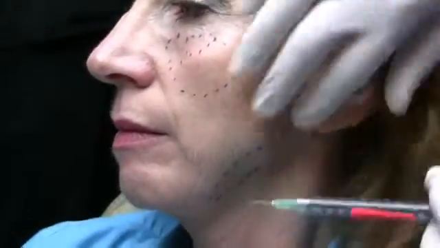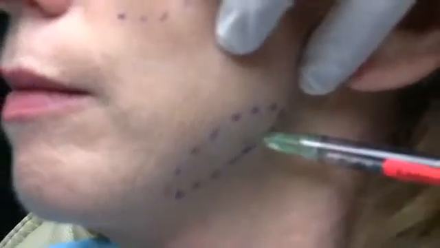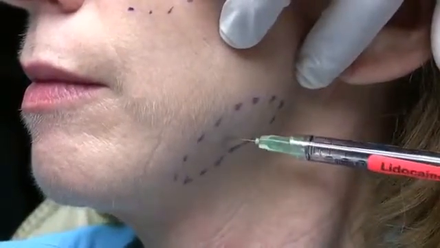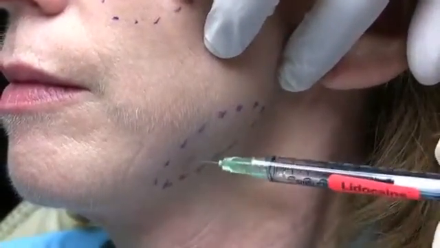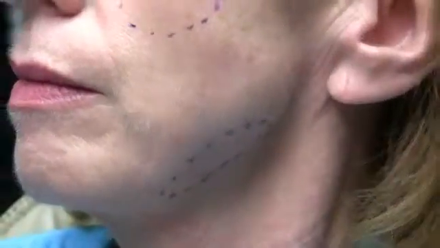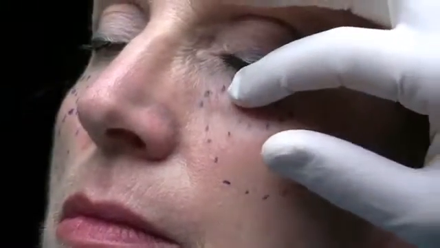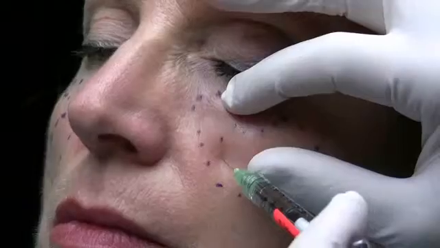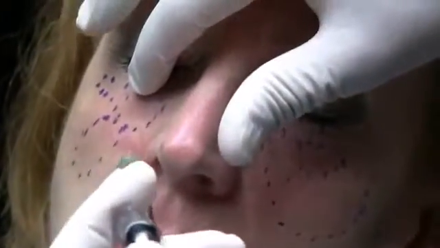So now we'll proceed with the local, 1 in 100,000 epinephrine, with a 32 gauge needle. What we want to do is take the edge off of our other injections. When you're talking about filler and anesthetizing the area, you don't want the lidocaine to become your filler and distort the tissue. So you don't want to inject too much. I like to inject it deep, and just a little bit. It doesn't take that much. We'll just put maybe 1 or 2 tenths of a cc here in the